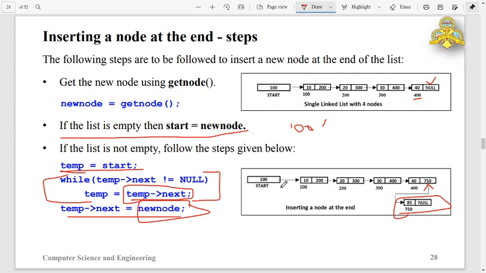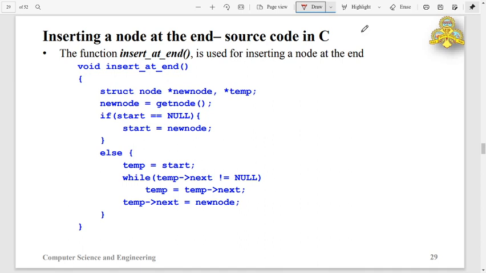Now I will go through the logic implemented in C language. Insert at end, struct node. I am using 2 pointers here. I will create a node, and new node is the pointer for the just created node.